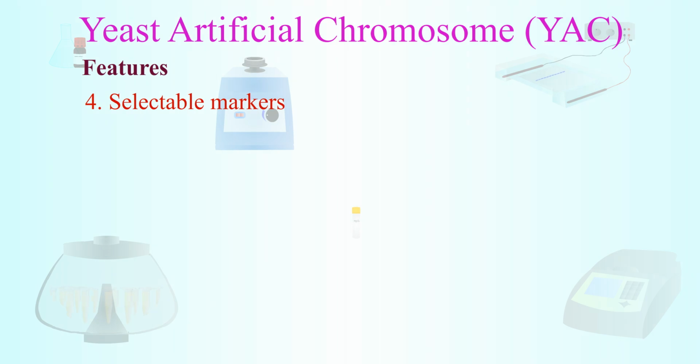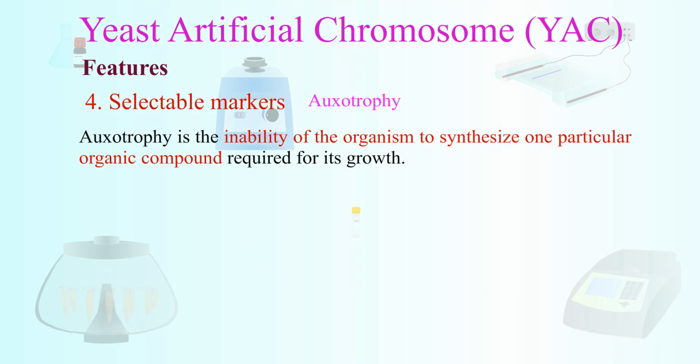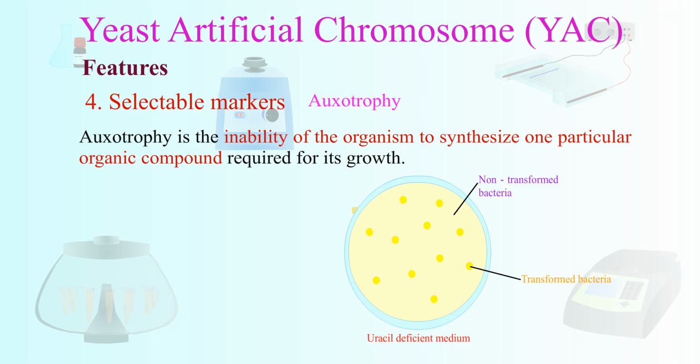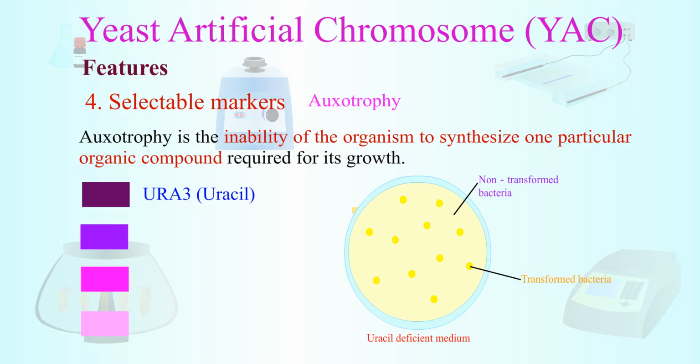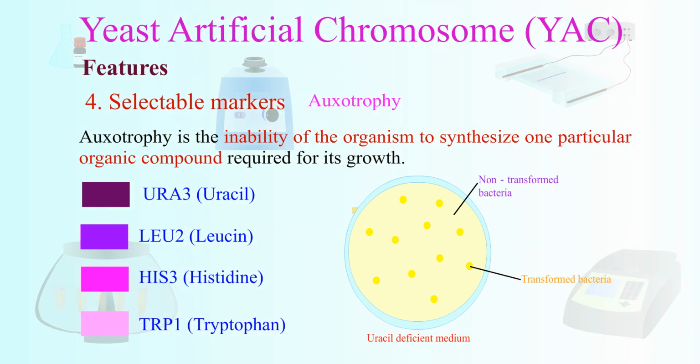4. Selectable markers. Uses: auxotrophic markers. Auxotrophy is the inability of the organism to synthesize one particular organic compound required for its growth. It allows the selection of yeast cells that have taken up the YAC. These markers are genes that complement auxotrophic deficiencies in yeast. For example, URA3 for uracil biosynthesis, LEU2 for leucine biosynthesis, HIS3 for histidine biosynthesis, or TRP1 for tryptophan. These markers will allow us to select the transformed yeast cells by growing them in media that lacks the respective